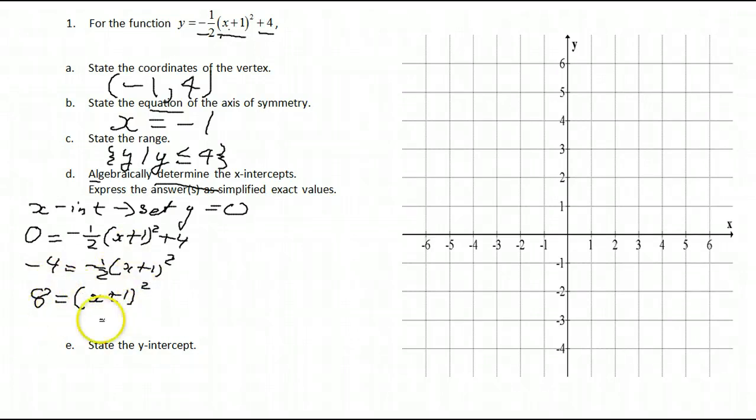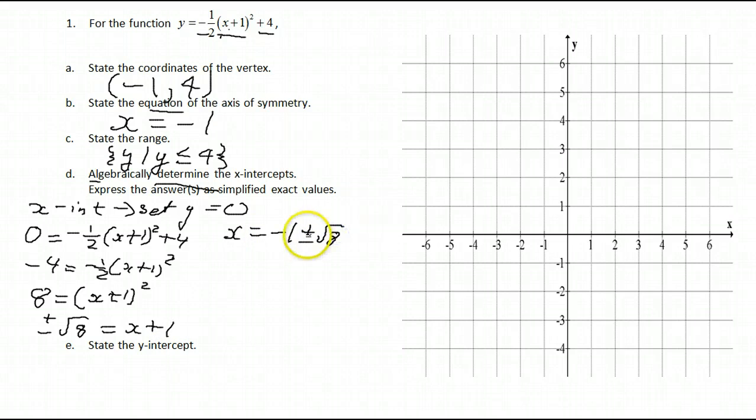We never, ever expand this, and if we do, we certainly do it right. Remember, there will be 3 terms here if you expand this, but we never expand it. So plus or minus root 8 is equal to x plus 1, which means that x is equal to, subtracting 1 to get the x by itself, negative 1 plus or minus root 8. That's what gives us the 2 x-intercepts. Since we know this opens down and it's above the axis, it must have 2 x-intercepts. And last step, root 8